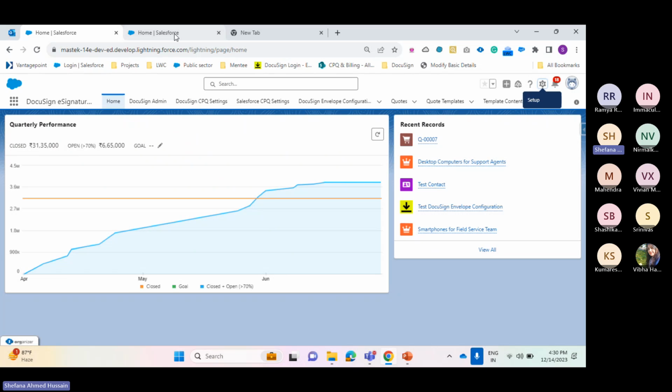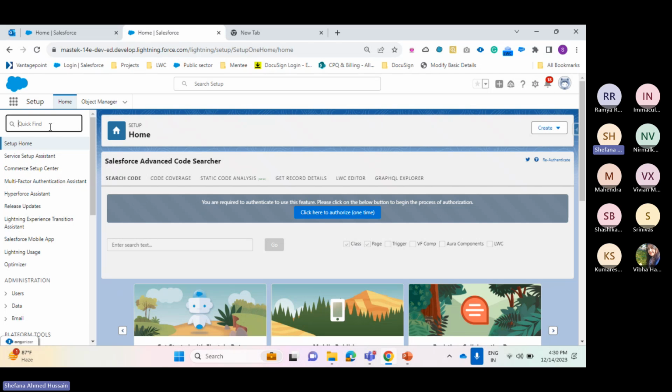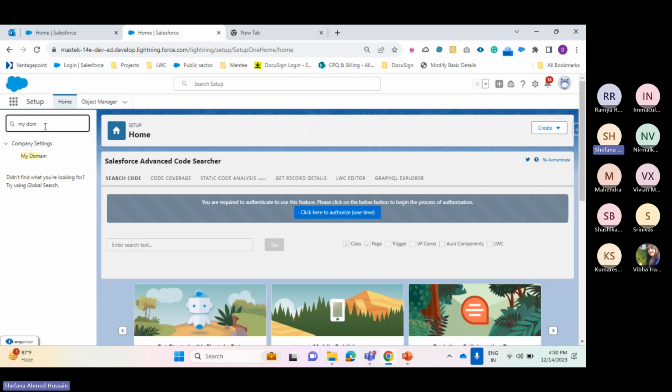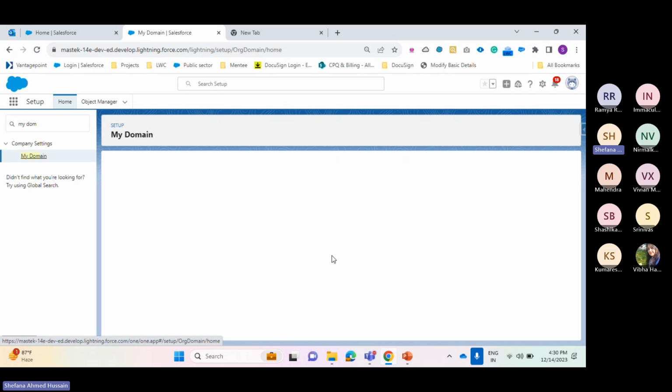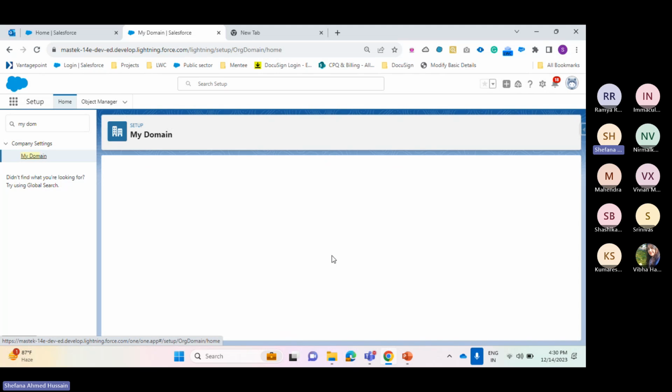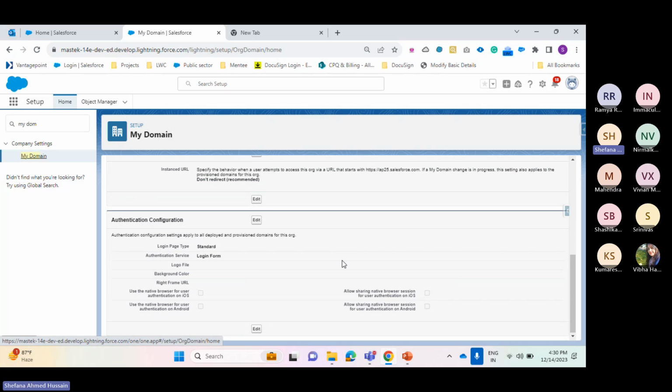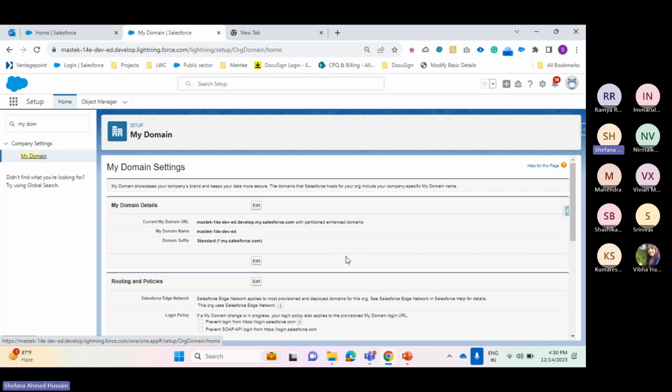And the next thing, we want to enable My Domain. For that, from Quick Find, type My Domain. Under the company settings, we need to enable it. The domain name should be unique, and we have a Check Availability button to check whether it's unique or not. It was already set up in this org. The next thing is